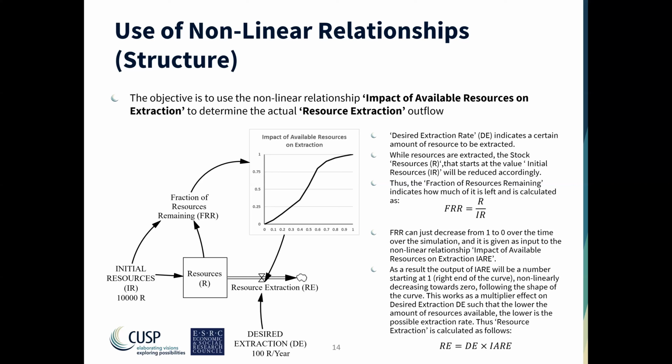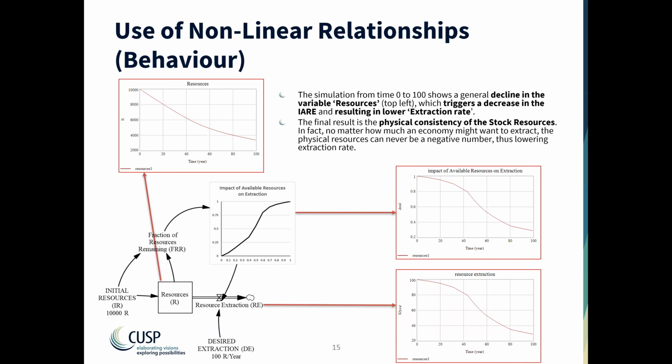We look at that in dynamic terms in these slides. Now we have three charts of a simulation of the semi-exact model structure. On the x-axis of the three red charts, we find the time. As you can see, the resources get depleted and just decrease. And the impact of available resources on extraction non-linearly goes towards zero, starting from 1, which was exactly the point.